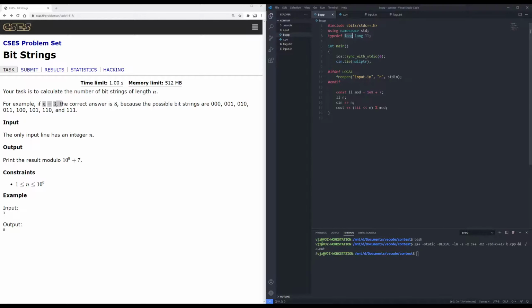Let's create a function called mod exp, and it's going to get the base, the power, and the modulus. It works for any modulus, by the way. It doesn't have to be 1 billion. It can be anything. Okay, so let's start by setting our answer to 1, and then let's do some modulus operation. So just like that,